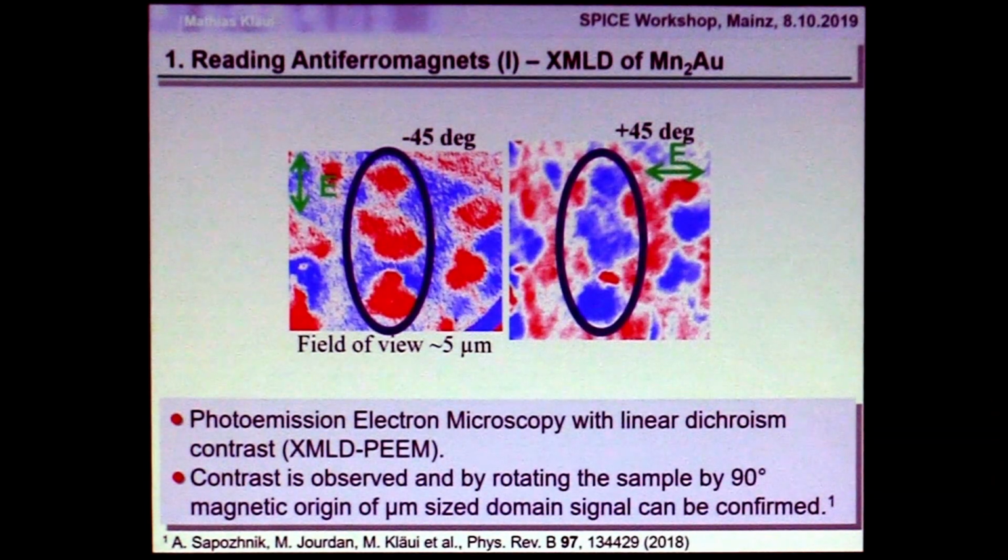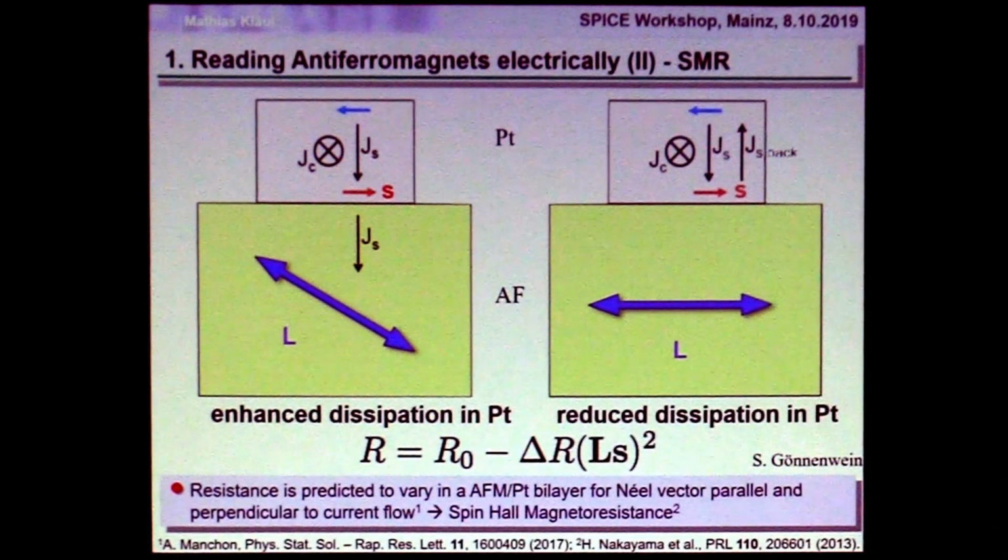Again, however, we don't own a synchrotron, unfortunately. So we do have to rely on electrical transport quite a lot. And in order to actually measure the direction of the Néel vector, you can use spin-Hall magnetoresistance, which was first pioneered for ferromagnets. But it also works for antiferromagnets because it's an effect that goes with the cosine squared of the angle, meaning that the angle between the injected spins from a platinum or other heavy metal layer and the Néel order in the antiferromagnet, being an insulator or a metal, leads to a difference in the resistance of